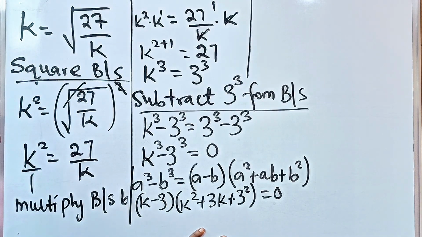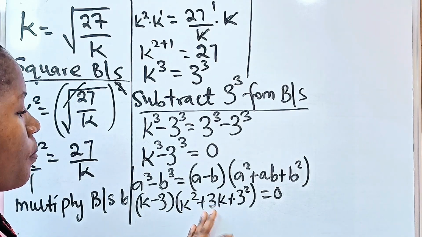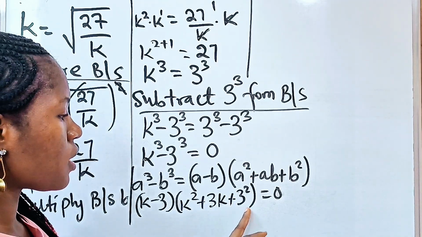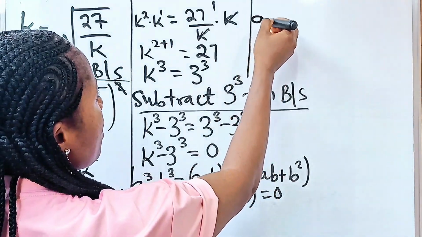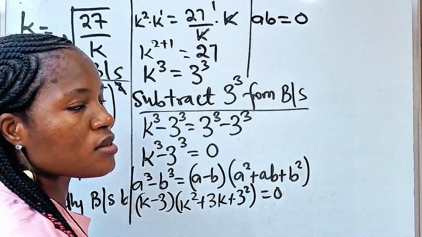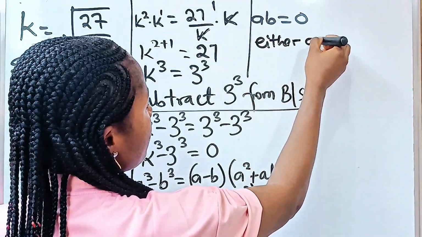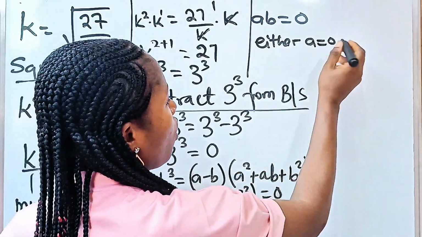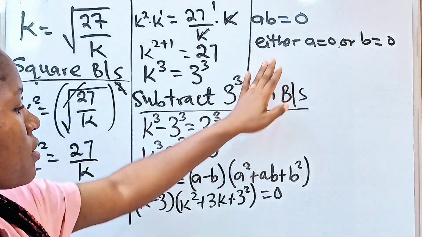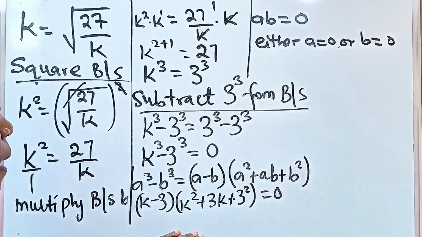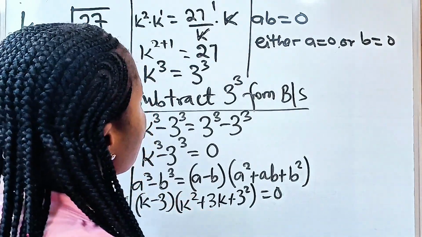So back to what we are doing. Now we have k minus 3 multiplied by k squared plus 3k plus 3 squared is equal to 0. Now remember that when you have a multiplied by b equals 0, then either a is equal to 0 or b is equal to 0. So if we compare both of them, from here we can write that